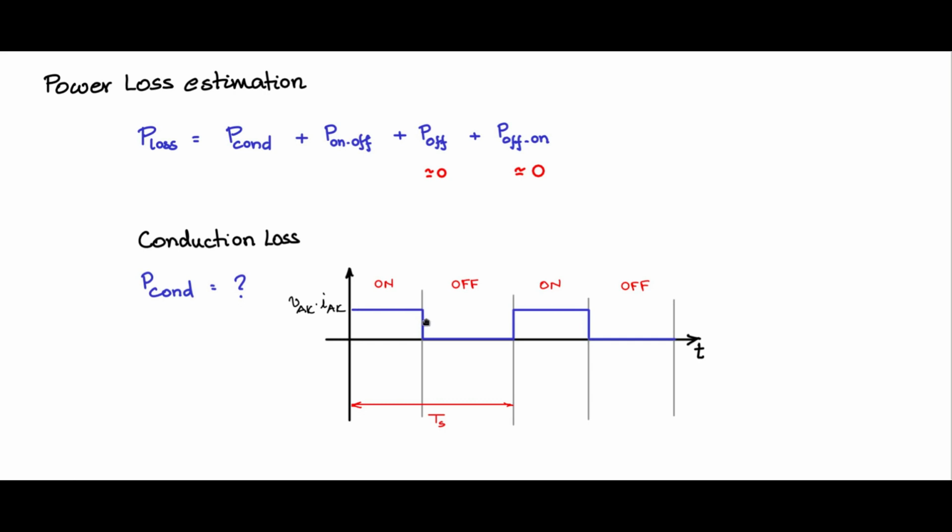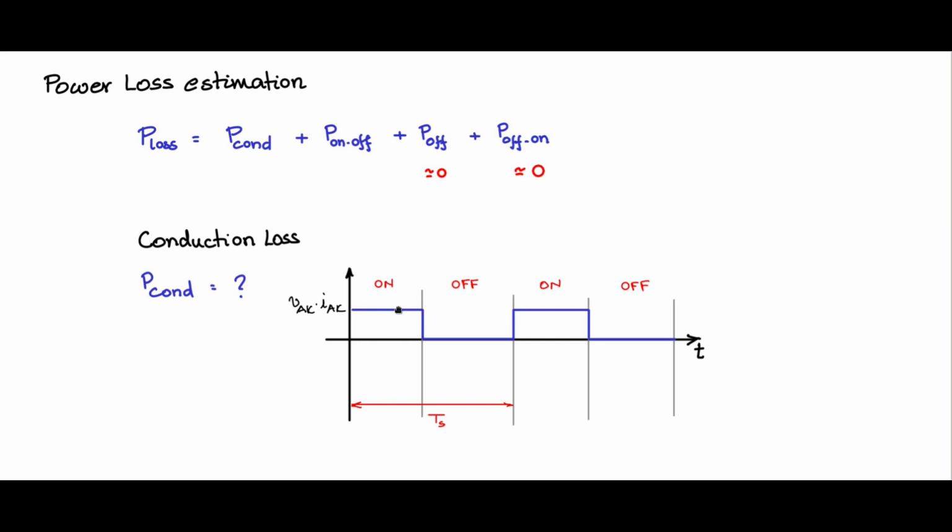Explicitly, the turn off and other losses are not shown. So we are concentrating only on the conduction loss, so basically the on state loss of the device. So this is the instantaneous value of the product of voltage into current. We have shown this as constant here because the current is DC, but need not be so. In some circuits, some applications, the current can be varying, and therefore this can be a varying curve during the